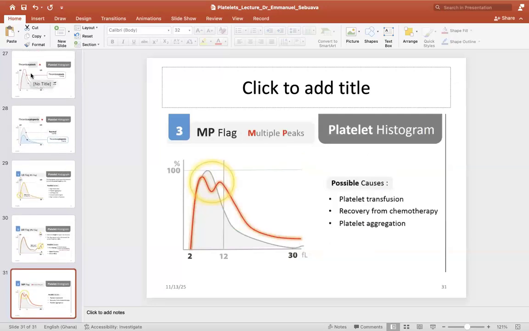There are times, to a curve that is supposed to be looking Gaussian, skewed to the left, you have now a bimodal curve, a curve that